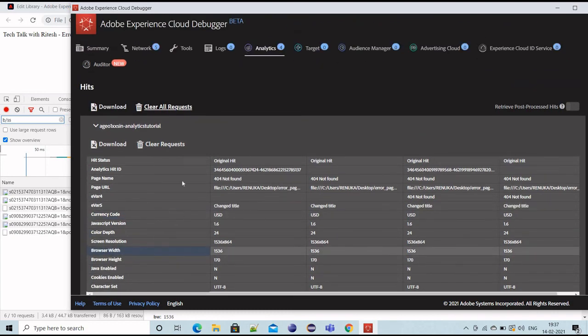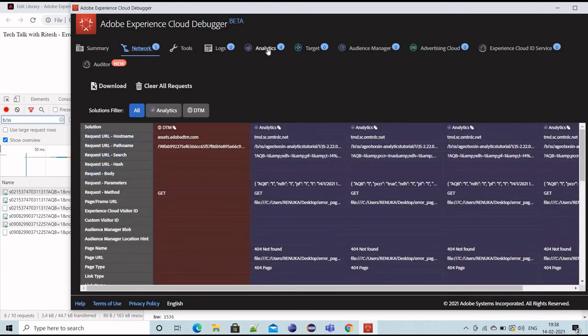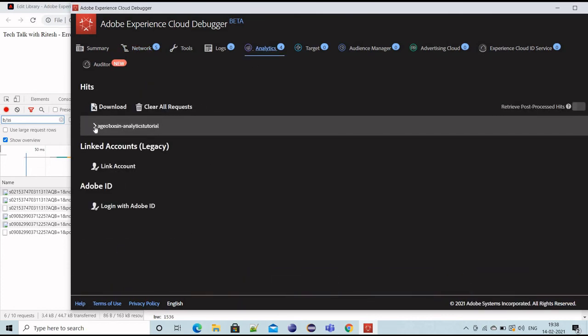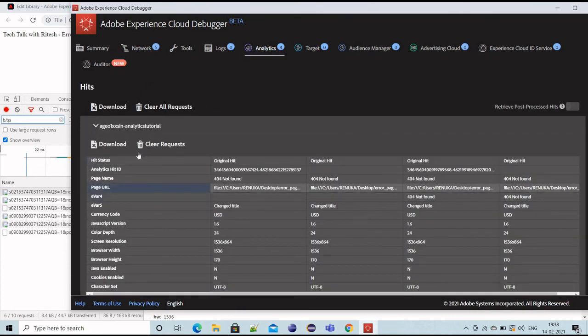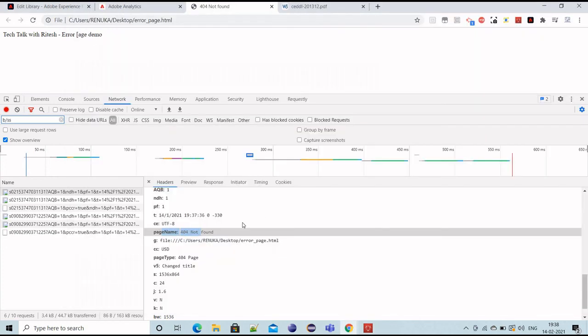Either way, this is a good tool because it is applicable for other Adobe products as well. Either through the network tab or through the specific analytics tab we can see a particular request, how it is going, what variables we have, what properties we have. All information is available in one place, so we can quickly check. Since we are sending this data through the beacon, the report will be available, and we can see the report in Adobe Analytics.